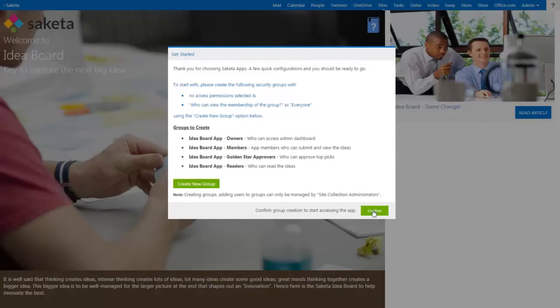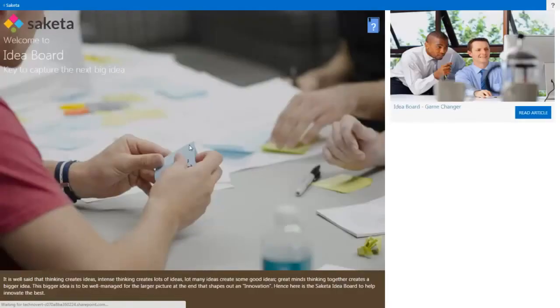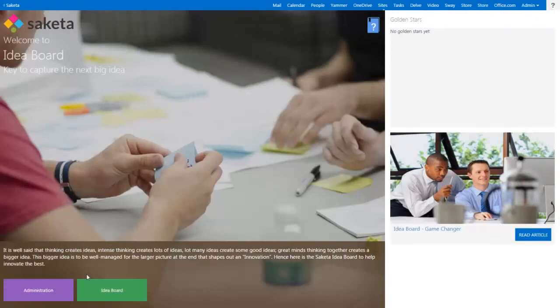Once all the groups are created, just hit confirm. And then the Idea Board application will launch.